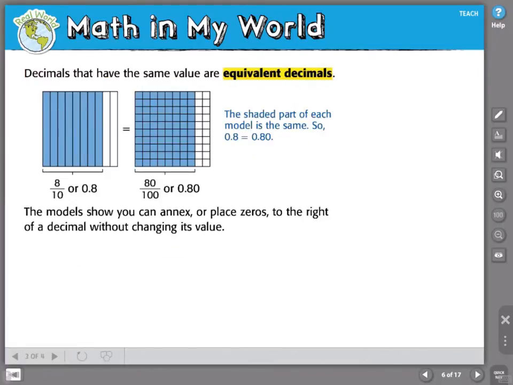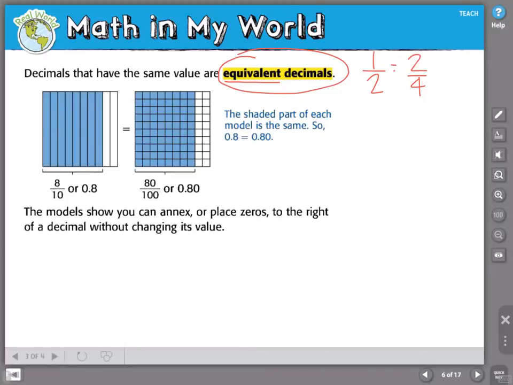One thing that's very important to understand are equivalent decimals. Now, you are familiar with equivalent fractions. For example, 1/2 is equivalent to 2/4. This just means they represent the exact same value. They are equal or equivalent. We can have equivalent decimals as well. For example,